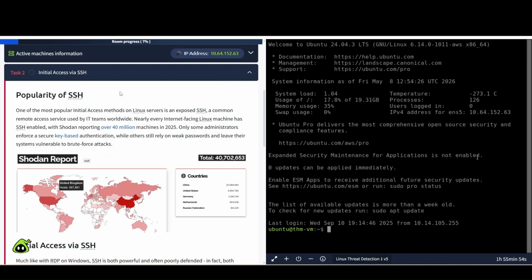Task 2, initial access via SSH. Popularity of SSH. One of the most popular initial access methods on Linux servers is an exposed SSH, a common remote access service used by IT teams worldwide. Nearly every internet-facing Linux machine has SSH enabled, with Shodan reporting over 40 million machines in 2025. Only some administrators enforce a secure key-based authentication, while others still rely on weak passwords and leave their systems vulnerable